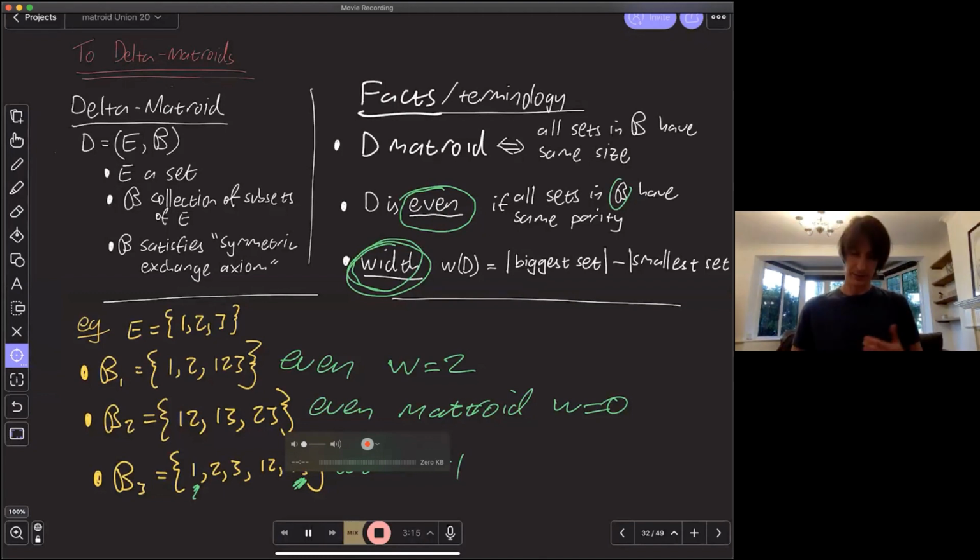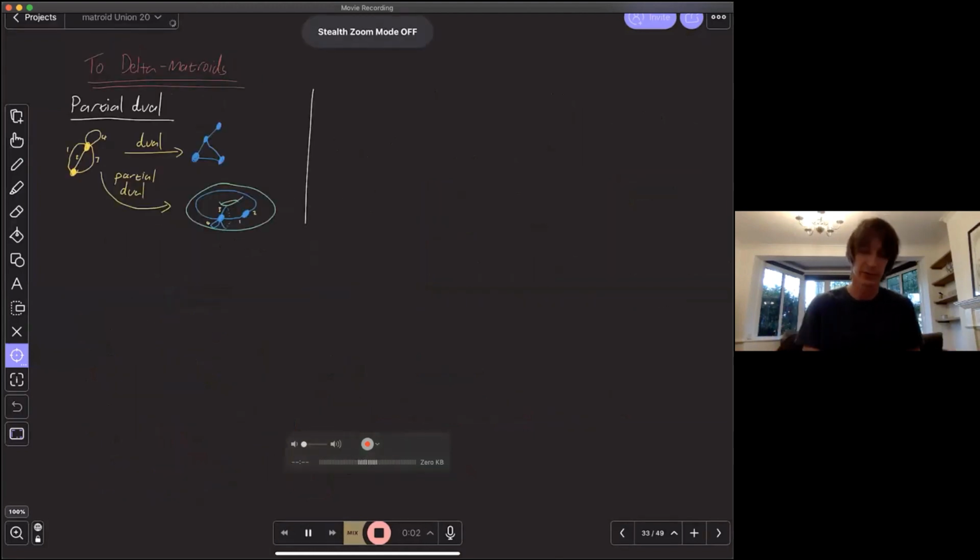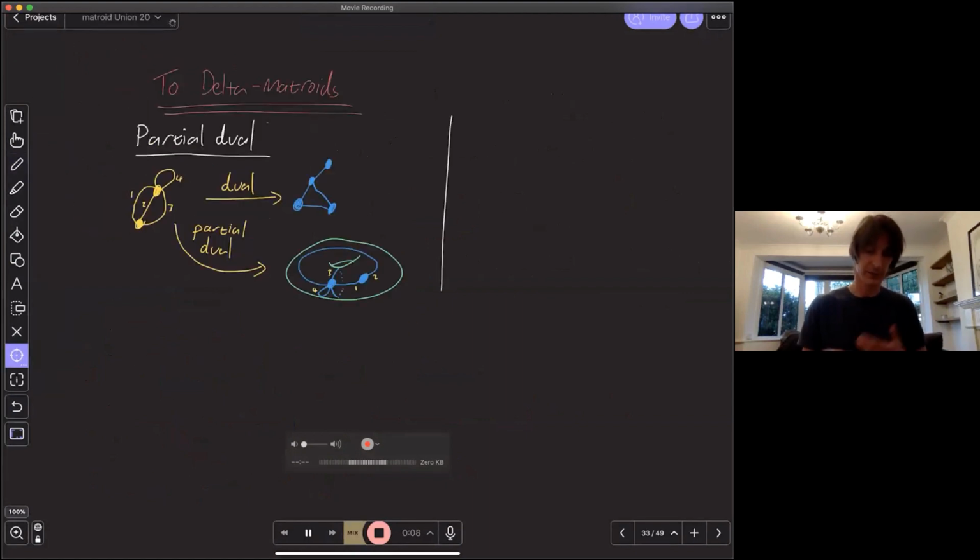So delta matroids, you could think of them as arising as what happens when you localize duality for matroids, but you can also do this for graphs as well. Remember, we're motivated by plane graphs. I'm not going to tell you how to do this in this talk, but it can be done. So if I start off with my little plane graph here, a theta graph with a loop, I could form its full dual, dualing all of the edges.